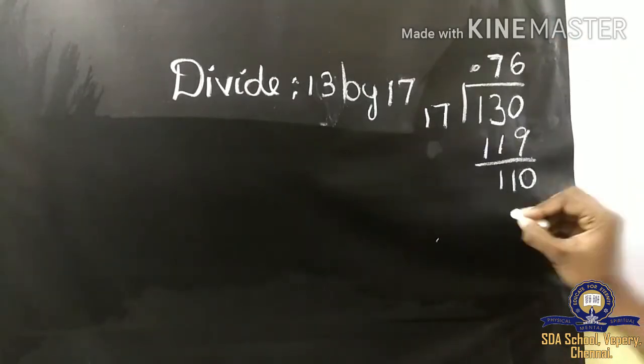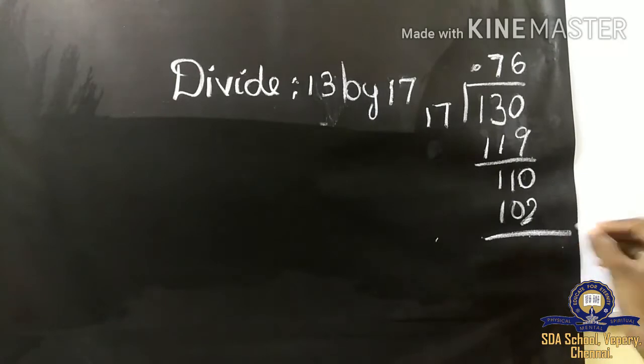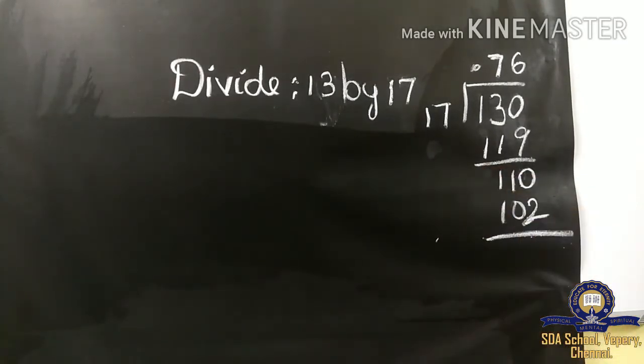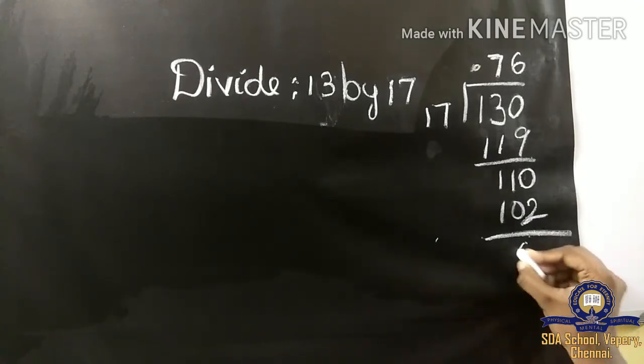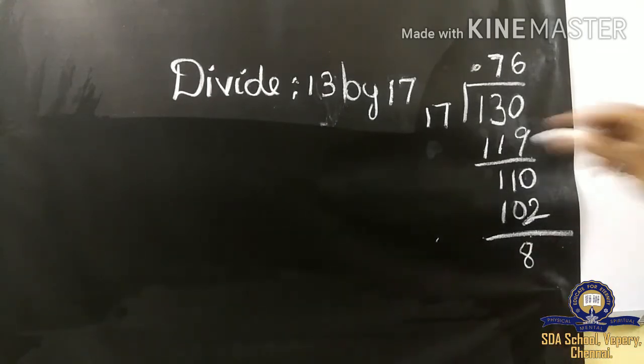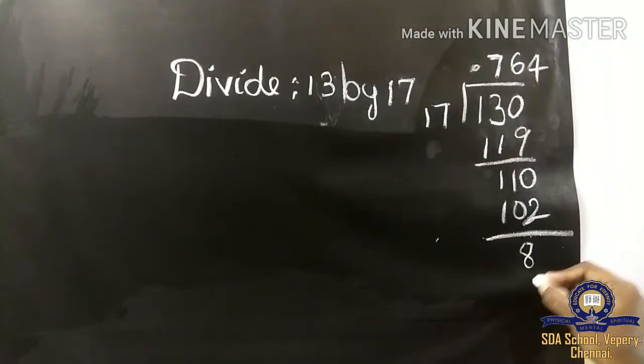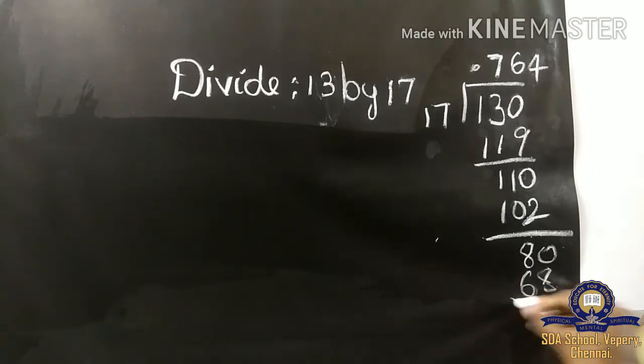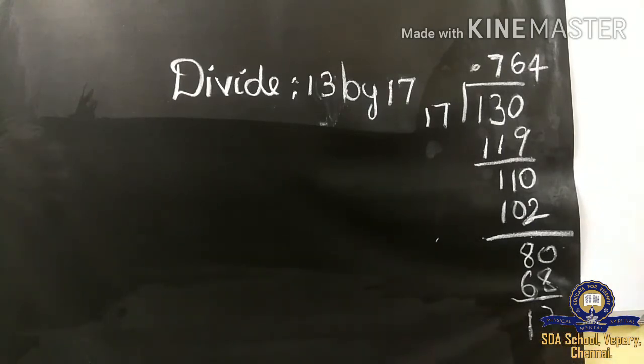17 sixes are 102. If you subtract 110 minus 102, your answer will be 8. Right? And 17 fours are 68. If you subtract 80 minus 68, your answer will be 12. It will go on like this. After the decimal point, 3 digits is enough. It will never end. Your remainder